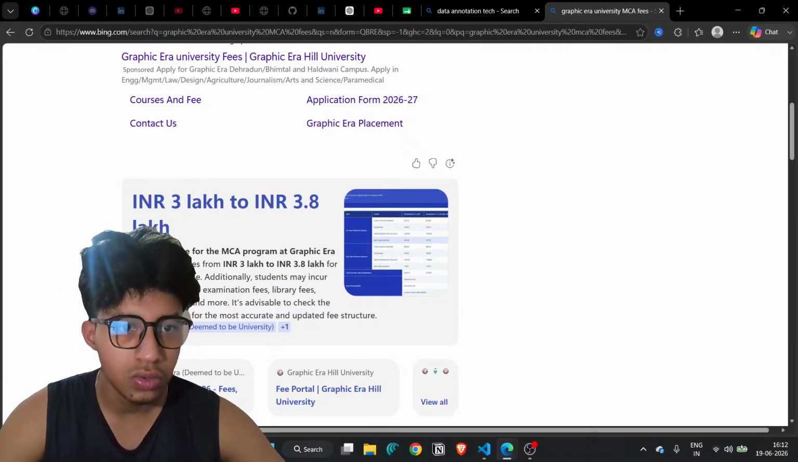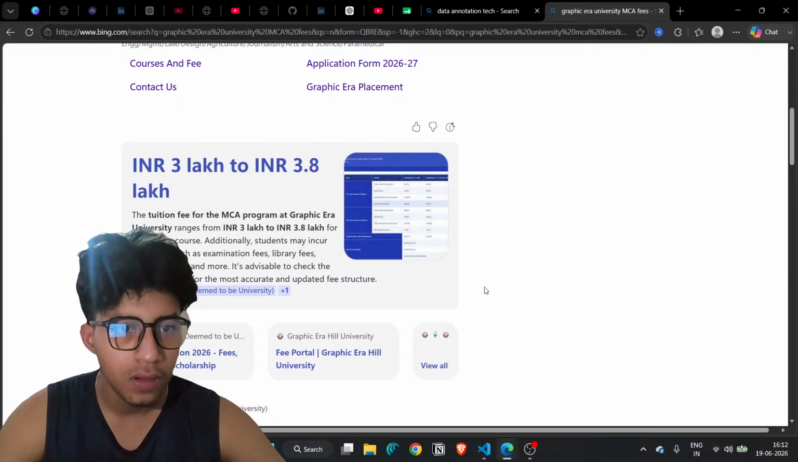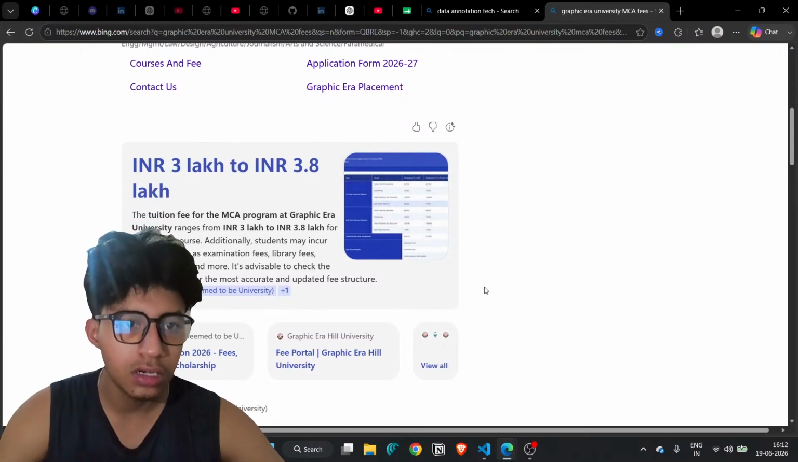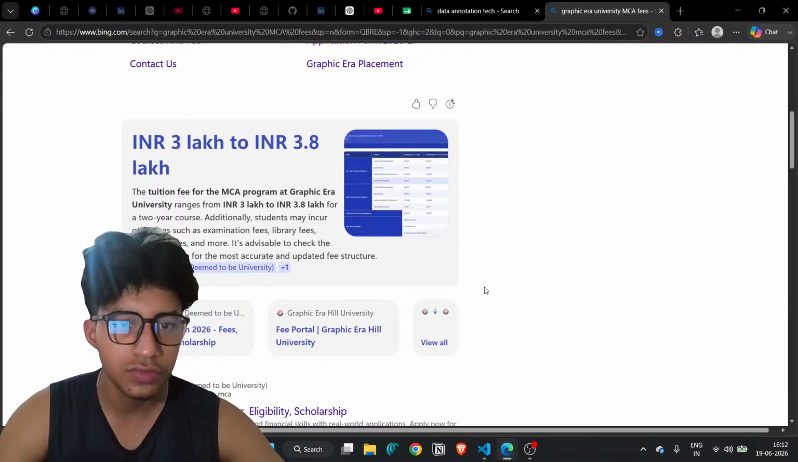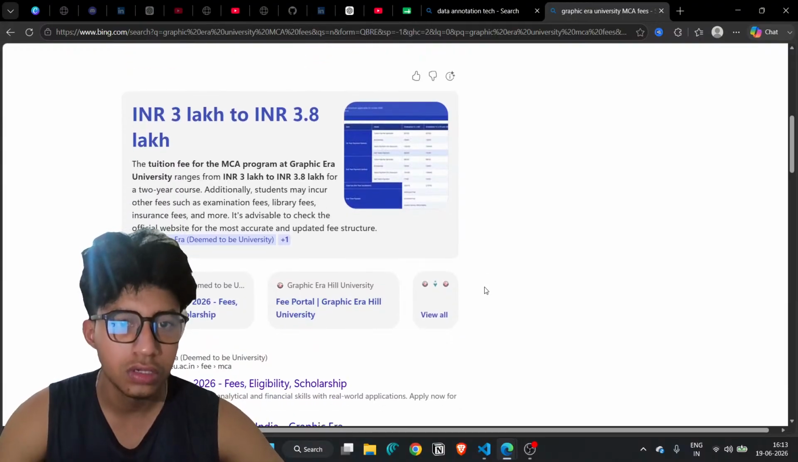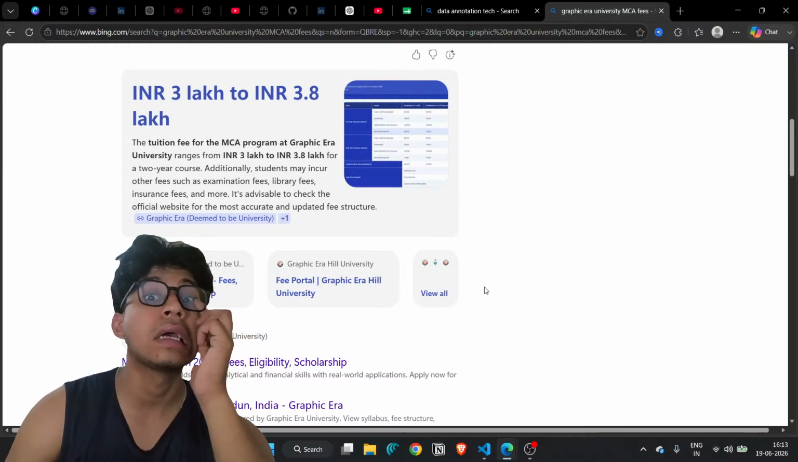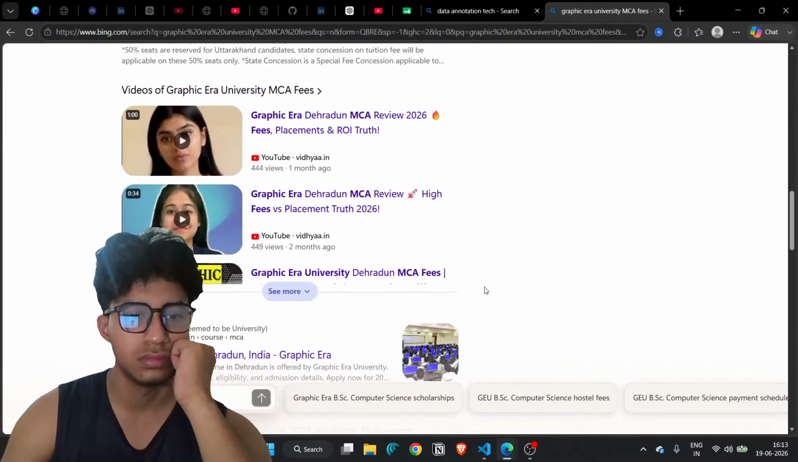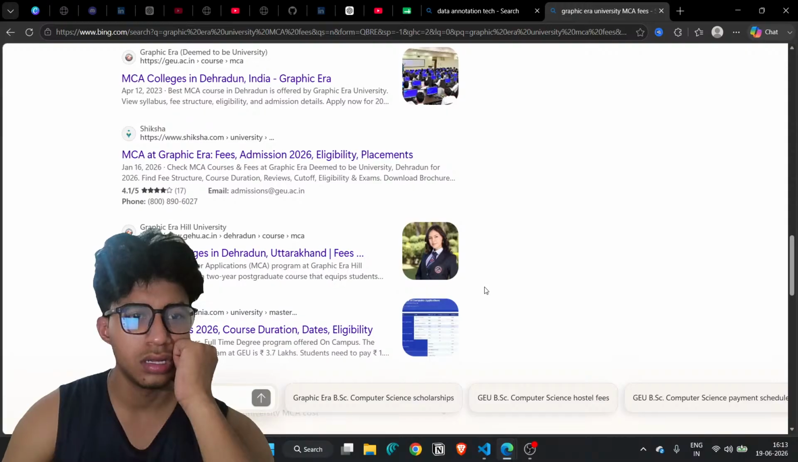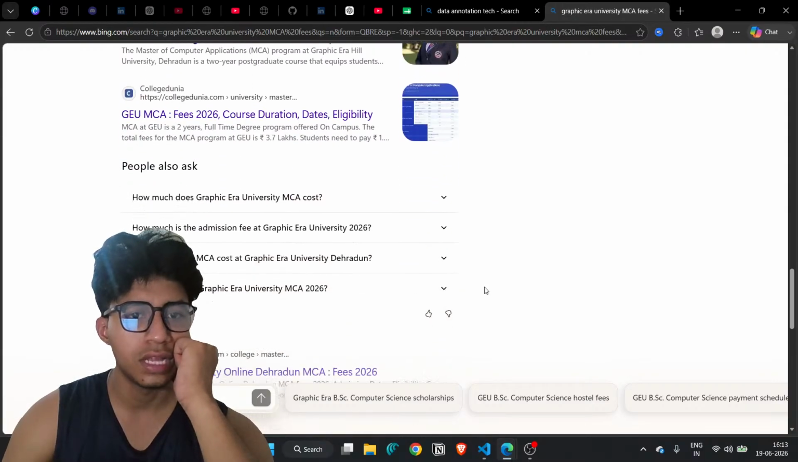3 से 4 लाख के अंदर हो जाएगी, 2 साल की होगी है ना? Of 2 year course, additional student may increase other fees such as examination fees, library fees, journal fees and okay. 3 से 4 लाख के अंदर हो जाएगी। अफोर्डेबल है, ज्यादा भी नहीं है, ठीक है।